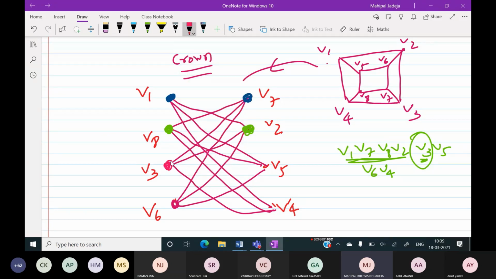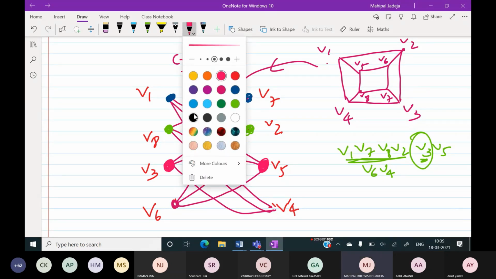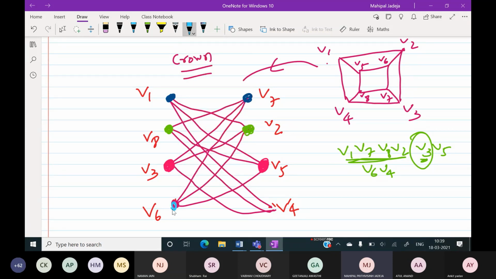Okay, so we are using this color to V3, and the same thing is true with respect to V5 also, because for V5 we can't use these 2 colors, so we need to use this additional color, and we can reuse the same color which we have used for V3 for V5 also, because they are not adjacent, so we can reuse them. Okay, and finally, if we talk about V4, then we can extend the same argument and assign one new color to V6 and the same color to V4. And as you can see, we are using 4 colors in this particular case if we follow this particular ordering.